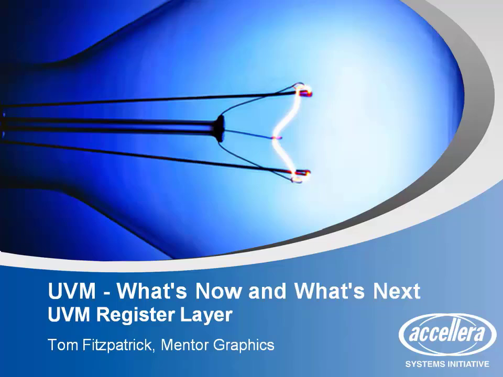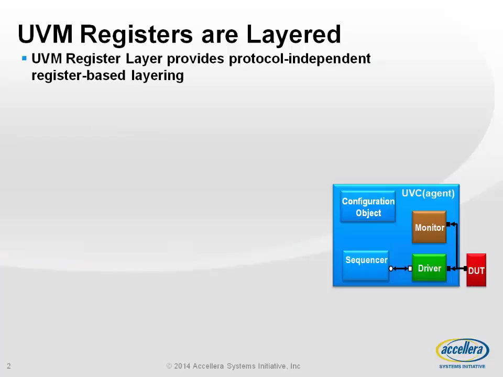We're going to talk about the register layer now. The whole thing about the register layer in UVM is it adds another layer of abstraction and therefore improves reuse. So the whole idea is